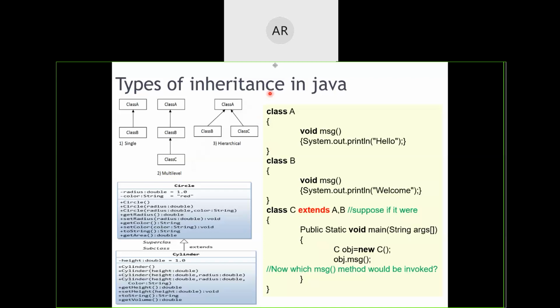So Java says there is no need for multiple inheritance, thereby the chance for getting hybrid inheritance is gone. The chance for having multipath inheritance is also gone. So now it's simple. Plain Java has got single inheritance, multilevel inheritance and hierarchical inheritance. That's all there is. No more inheritances coming in between. Easy.